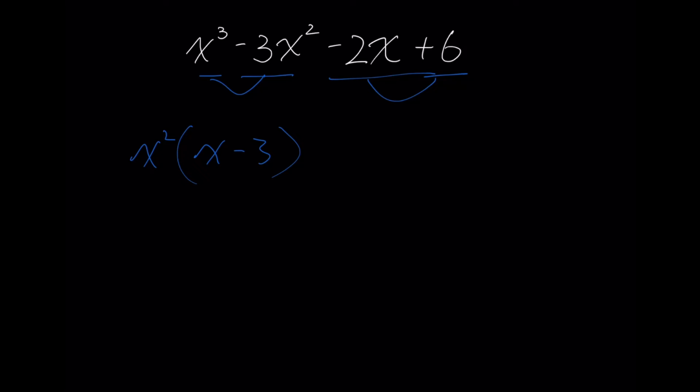Now on the other side, we have negative 2x and positive 6. Their greatest common factor will be 2. Inside the bracket will be negative x and positive 3. So if we multiply that out, we will get negative 2x and positive 6. It matches the top. Now, we cannot group x minus 3 and negative x plus 3 together because they're not